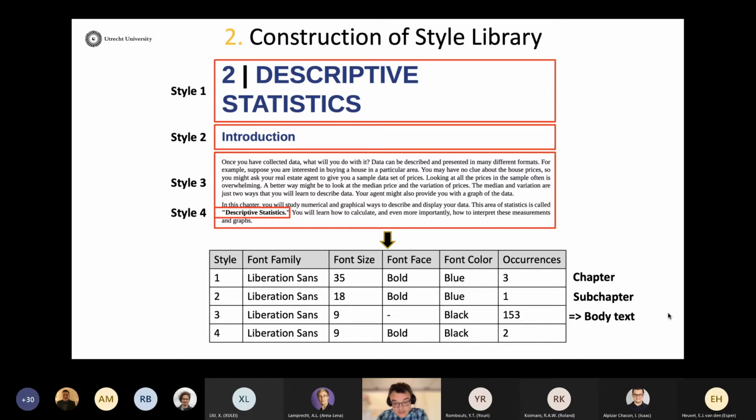And based on the number of styles that we extract, and then based on, let's say, the relative hierarchy of these styles, bigger font, highlighted, bold, and so on and so forth, we can pretty accurately define the roles that content behind these styles actually plays within the textbook.